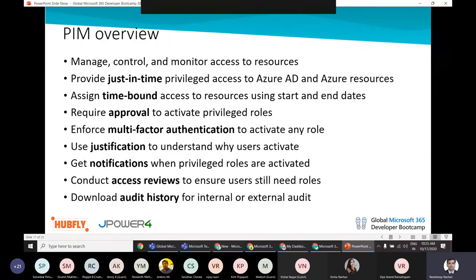Users still need to carry out privileged operations inside Azure, Microsoft 365, or across the SaaS apps that we have inside Microsoft 365. So organizations can give users just-in-time privileged access to those Azure resources through Azure AD PIM. What that means is, let's say I want to perform a certain task in Microsoft 365.